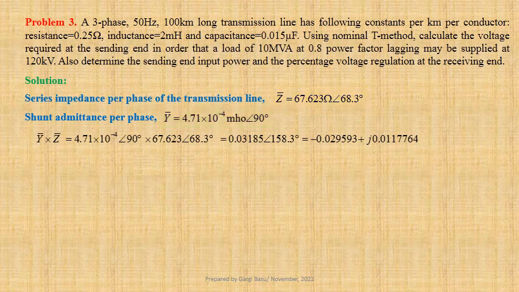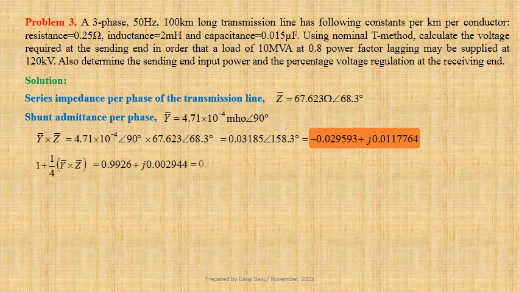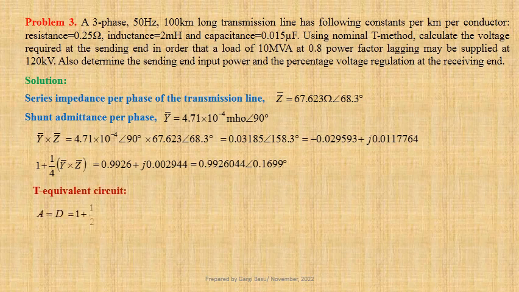Now we shall compute 1 plus 1/4 of YZ, that is equal to 0.9926 plus j times 0.002944. This may be written in polar form as 0.9926044 at an angle 0.1699 degree. For nominal T equivalent circuit, A equals D equals 1 plus half of YZ,